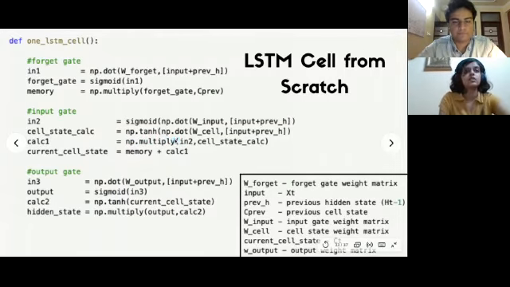Okay, see that's what's happening here. You have the current cell state, which is nothing but the memory part from the forget gate, the pre-existing cell state, added along with the calculation that we have here, this multiplication. So I hope the working of the input gate is clear. Then we finally come to the output gate. This is basically used to calculate our current hidden state. So let's go back to the image.